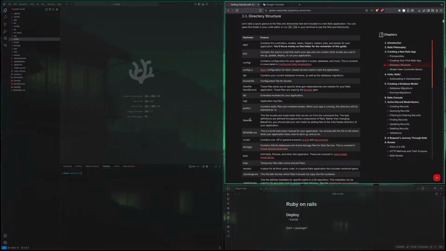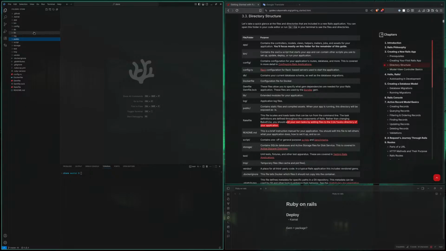We have a Rakefile. Okay, what is a Rakefile? This file locates and loads tasks that can be run from the command line. The task definitions are defined throughout the components of Rails. Rather than changing the Rakefile, you should add your own tasks by adding files in the lib/tasks directory.